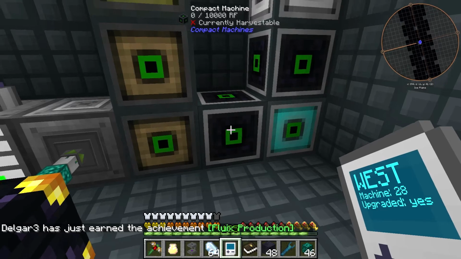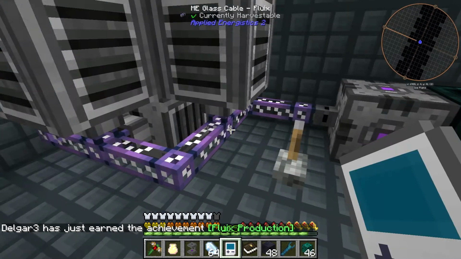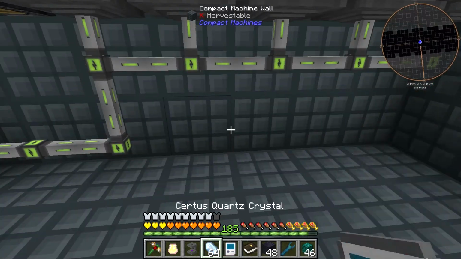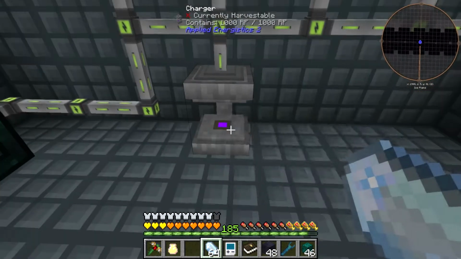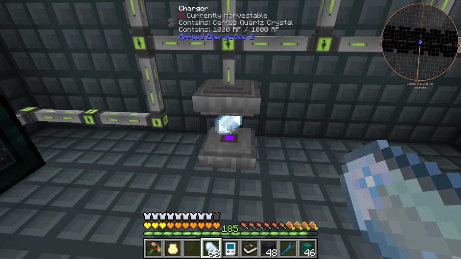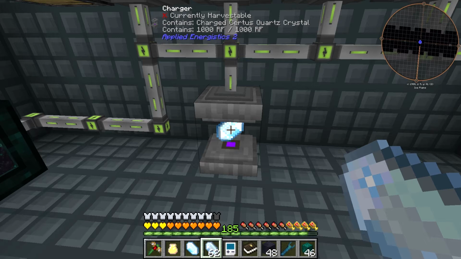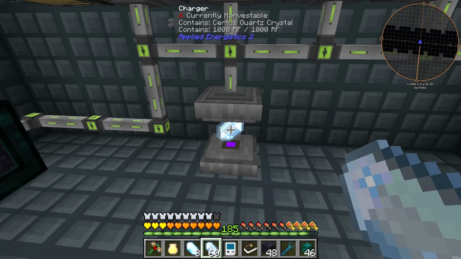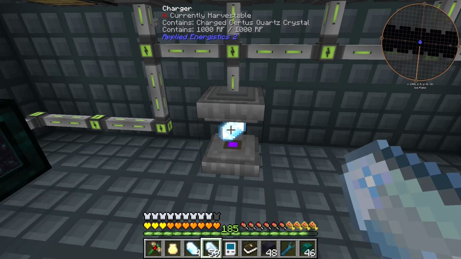Yay! Where do I have power? I have power in the AE room, right? Yeah, we got power over here. I need Fluix crystals, so I need to charge some of these. Charge, charge, charge. I don't know how many I need. We'll make, I don't know, 8. Make 8 of these. And then I should have grabbed some redstone and some nether quartz so that I could